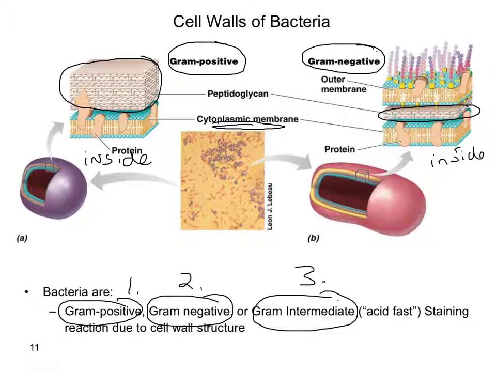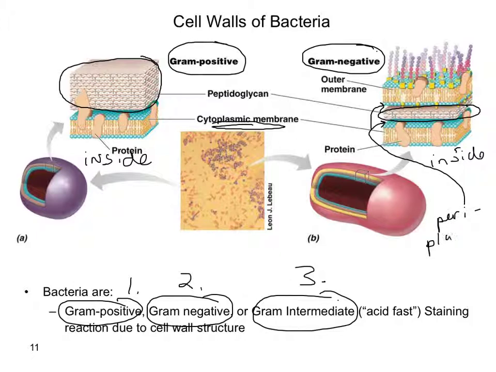Okay? So as I said in the slide before, the cell wall structure is external to the cytoplasmic or cellular membrane. In the gram-positive bacteria, all they really have is a thick layer of peptidoglycan. In the gram-negative bacteria, they're a little bit more complex. They're actually much more complex. So gram-negative bacteria have this really thin layer of peptidoglycan, and they have a lot of space, okay, here and here. It's a space called the